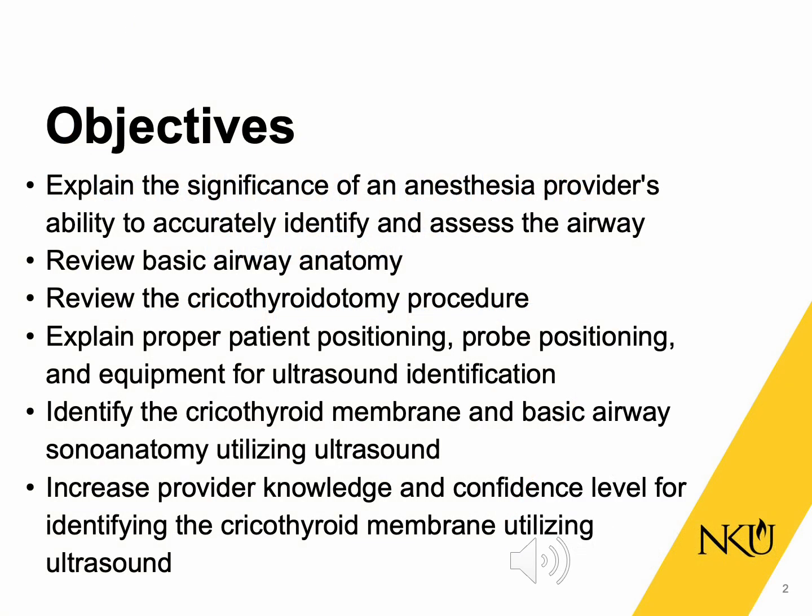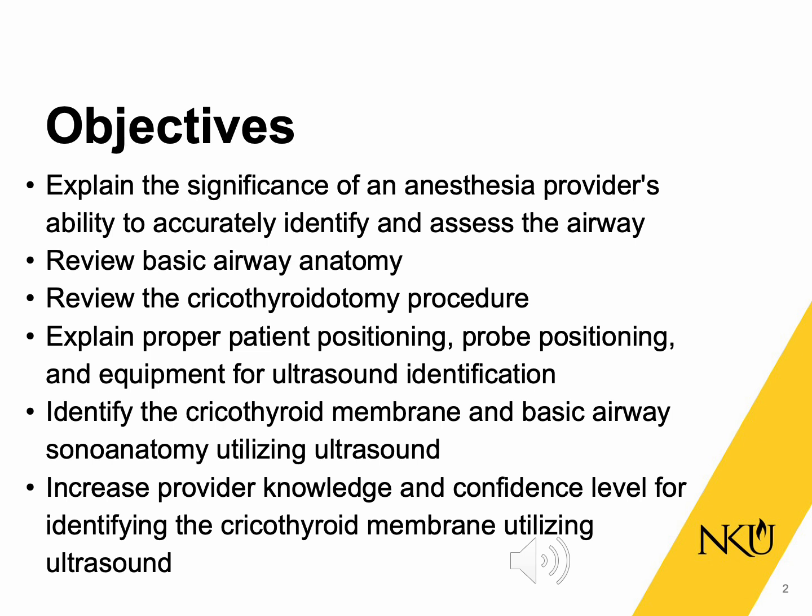Our objectives are to explain the significance of an anesthesia provider's ability to accurately identify and assess the airway, review basic airway anatomy, review the cricothyroidotomy procedure, explain proper patient positioning, probe positioning, and equipment for ultrasound identification, identify the cricothyroid membrane and basic airway sonoanatomy utilizing ultrasound, and increase provider knowledge and confidence level for identifying the cricothyroid membrane